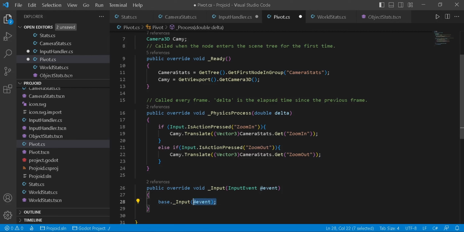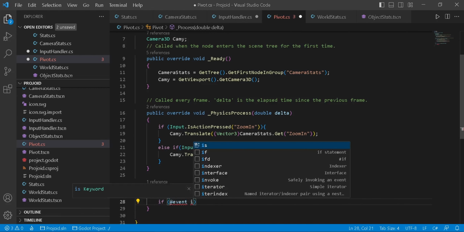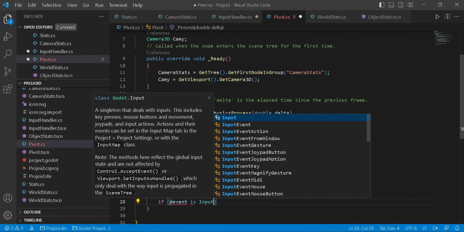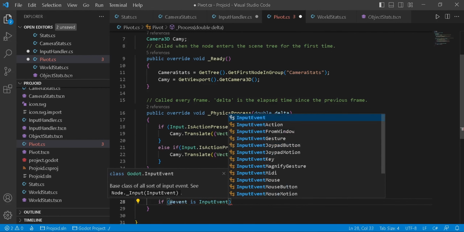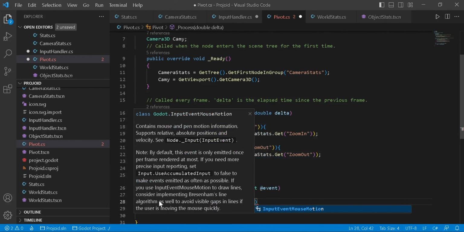We're supposed to use underscore input. This base.input event, we really don't need it. All we've got to do is say if event, that means what the player is inputting, is of the type InputEventMouseMotion,